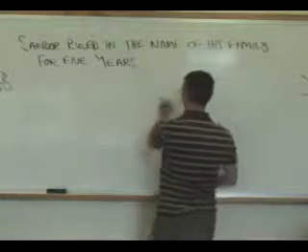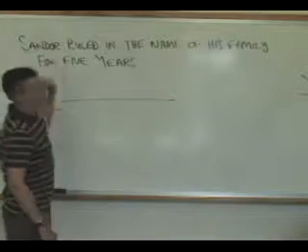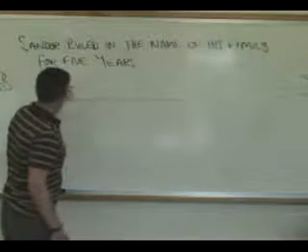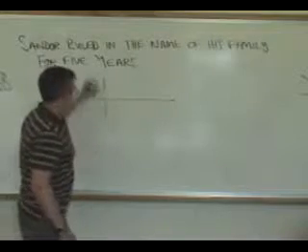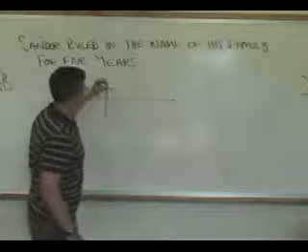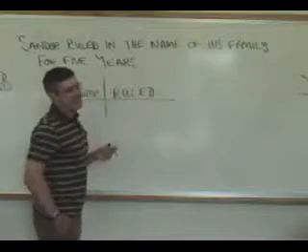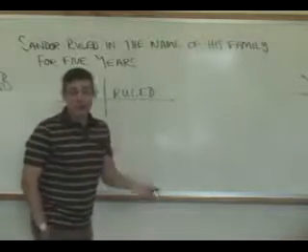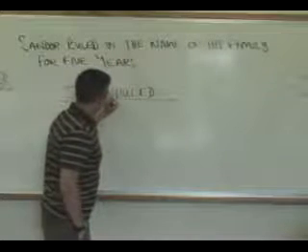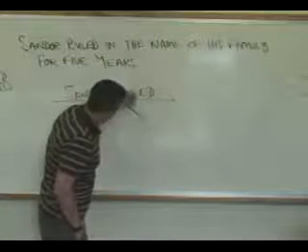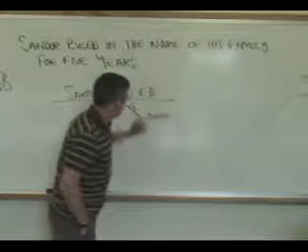All right, so we draw our baseline. The subject is Sandor. Then we have our cross there to separate the subject and verb. The verb is ruled. Now, how did he rule? In the name of his family. That's how. So here we have the prepositional phrase: in, and the object of the preposition goes there, name,